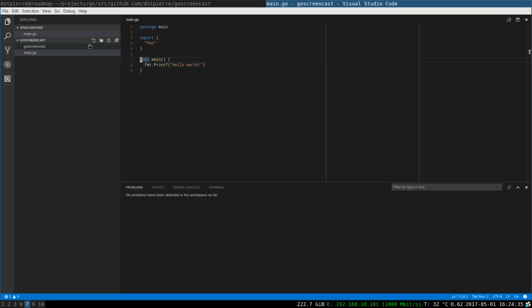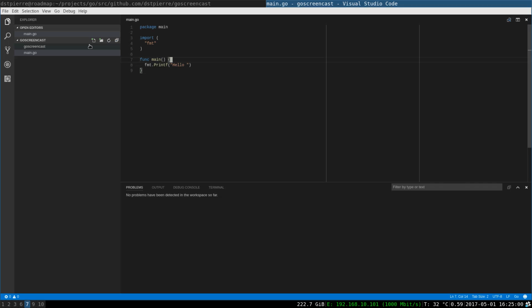Now our first application is doing something. We are seeing in here a function, and a package that we just imported. This is a package from the core library, the Go core library.